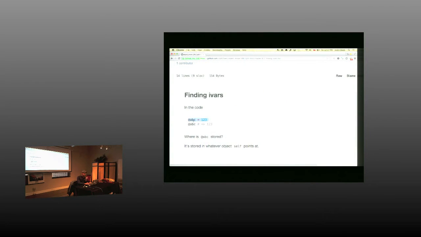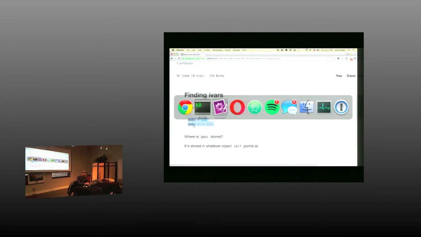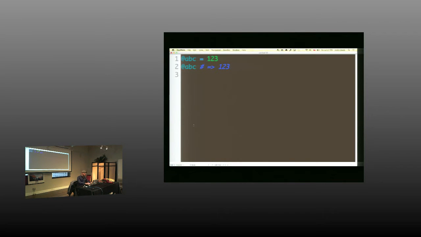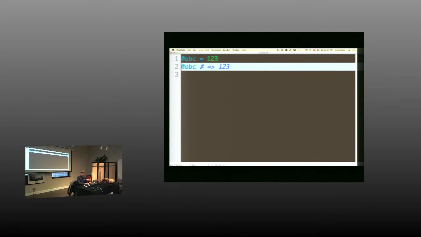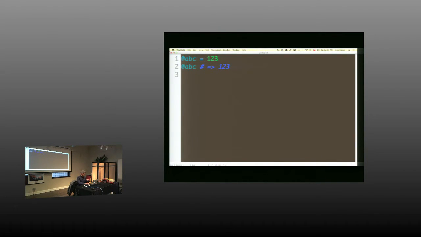All right, I got a little piece of code here. We can see that I'm able to set the instance variable ABC to some very important value, such as 1, 2, 3, and later on, if I look for it, I'm going to find it. You don't frequently see it sitting here at the top level, but nonetheless, at the end of the day, there's just these three structures, and they don't impose limits on you, like make your code look the way that most code that you see looks. They just work.